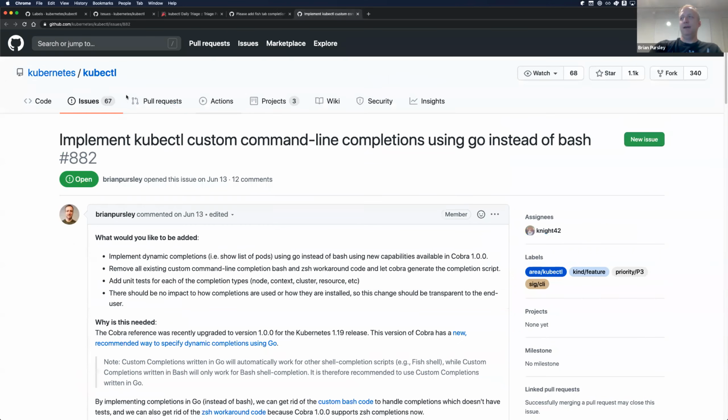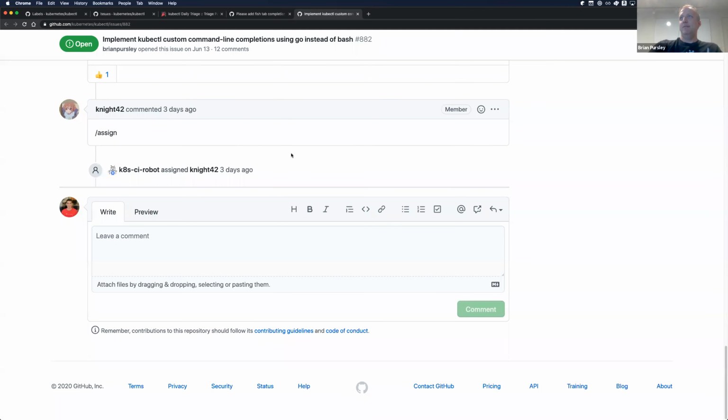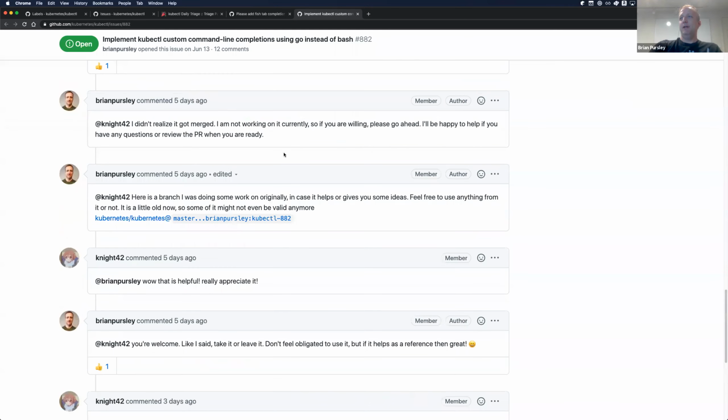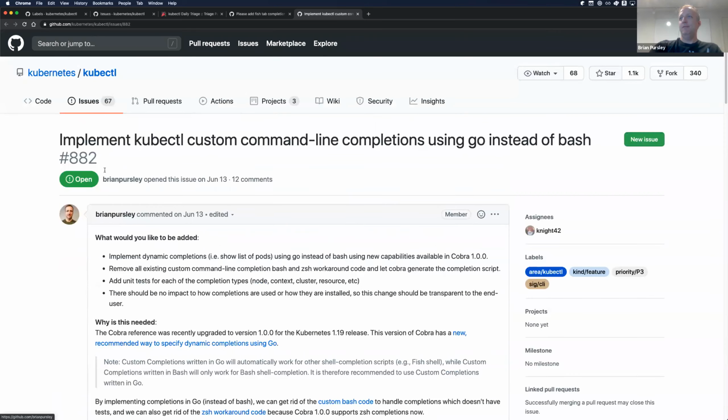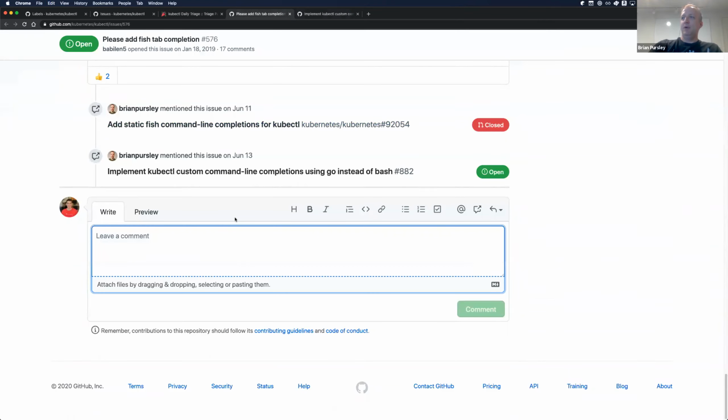When I looked at doing that, I did have a PR to do that, but then somebody else, I think maybe Mark from the fish tab issue, pointed out that there were some issues with Z shell completion. And so there's a lot of moving pieces there, and I certainly didn't want to disrupt